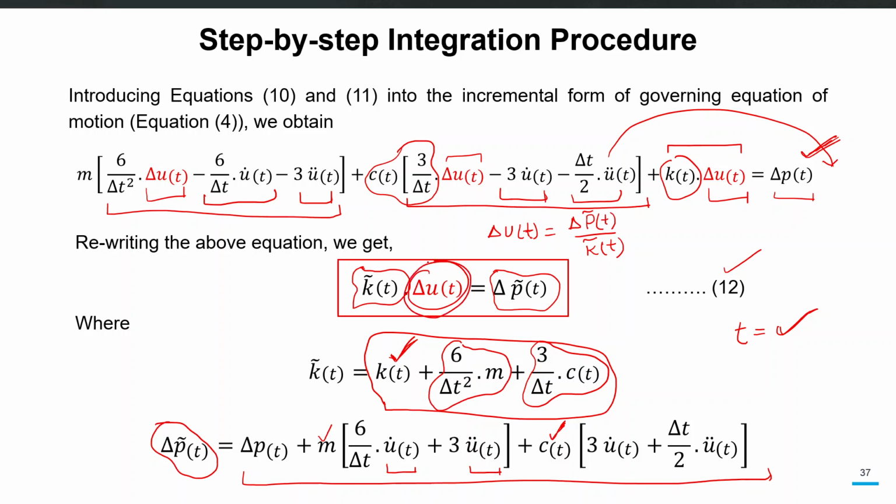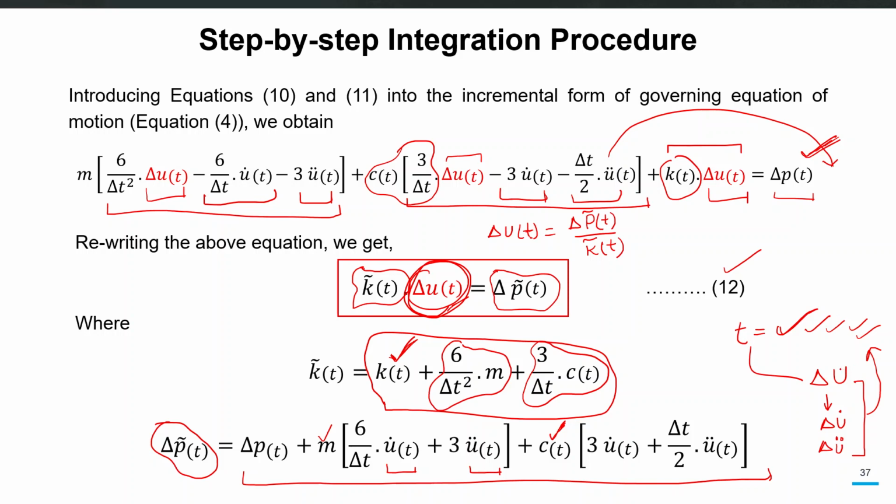This is our main unknown. So if we know all the values at time instant t, we can calculate delta u, and then we can use equations 10 and 11 to convert this delta u into delta u dot and delta u double dot, and we can add these increments to the previous values